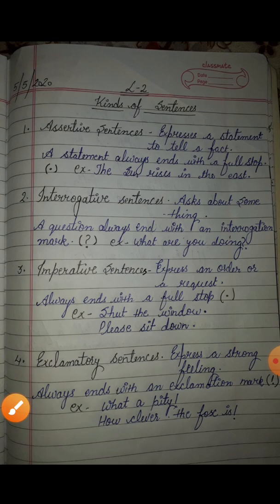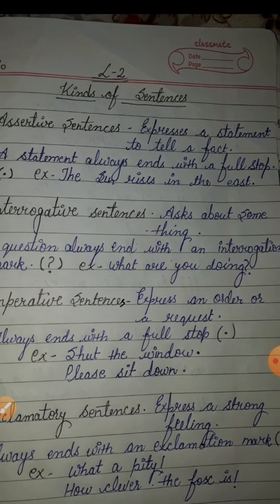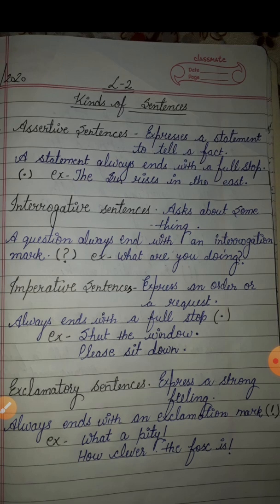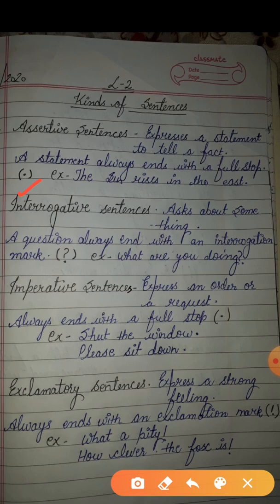Assertive sentences are the sentences which express a statement to tell a fact. Students, assertive sentence एक fact को express करते हैं and it always ends with a full stop. Here it always ends with a full stop. And the example of the assertive sentence is: The sun rises in the east. At the last I have put a full stop. Simple sentence is also called assertive sentence. Now next,